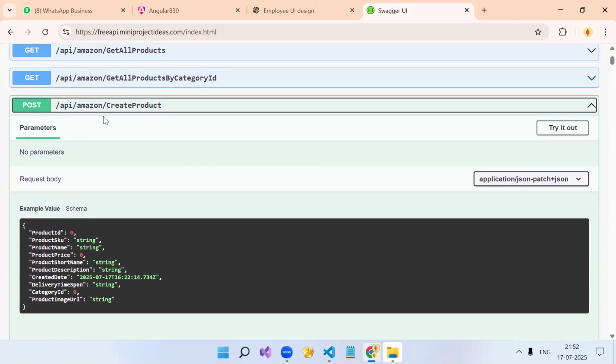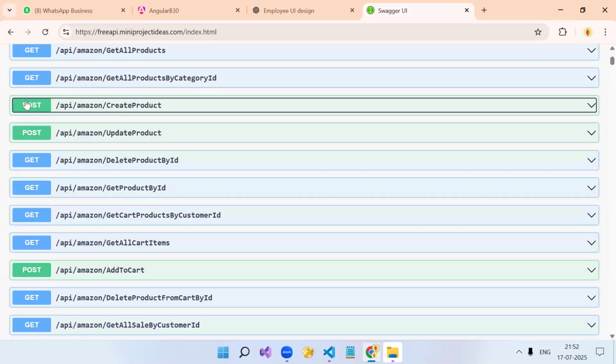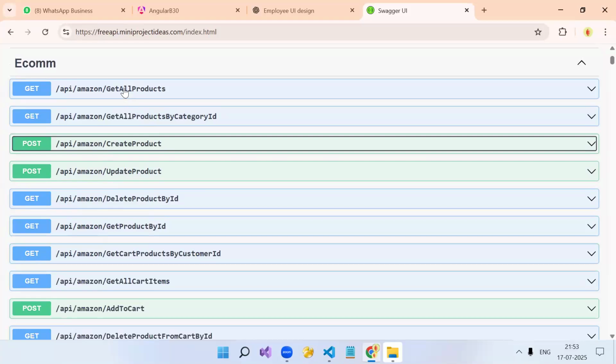Whenever you start the CRUD operation on any component, how many APIs do you need? Minimum three, four also. First to create the record, that will be the post API. One to get the record, one to update, and one to delete. So four APIs: one to create, post API, put API, delete API, and the get API. Four APIs are needed. We have the APIs over here. This is for creating the new product. This is for updating the existing product. This is to delete. And here we have one API, that is get all product. Clear?